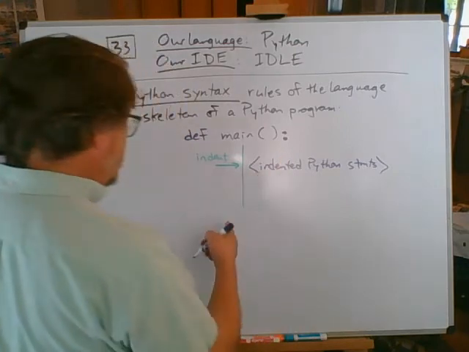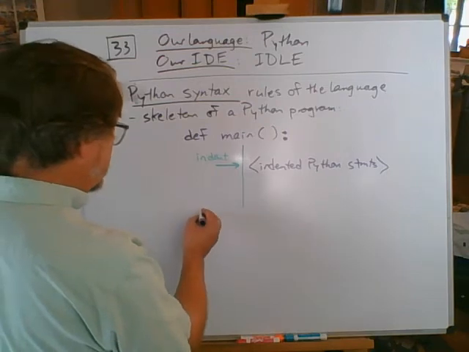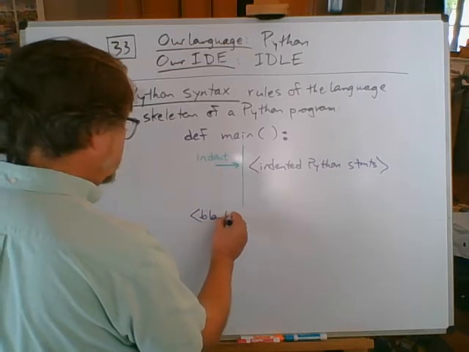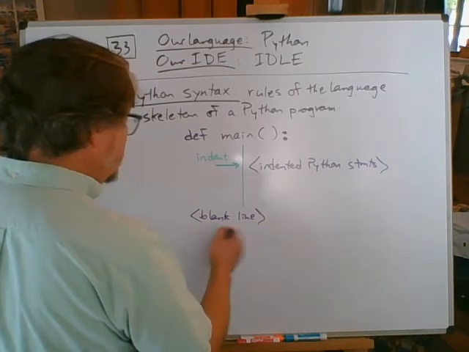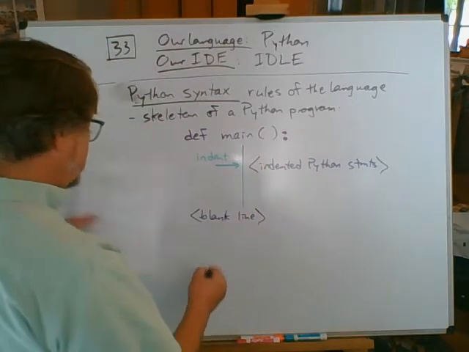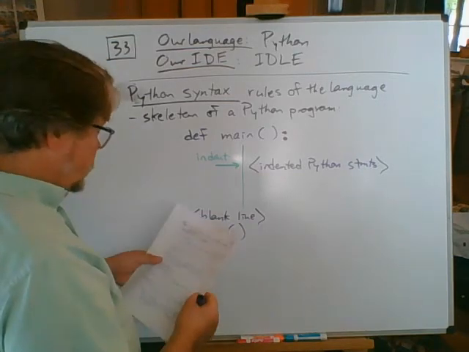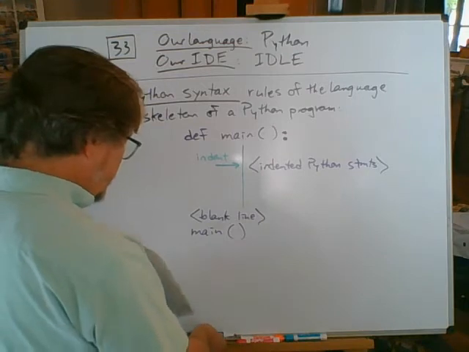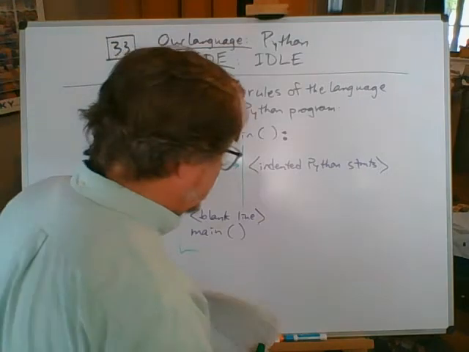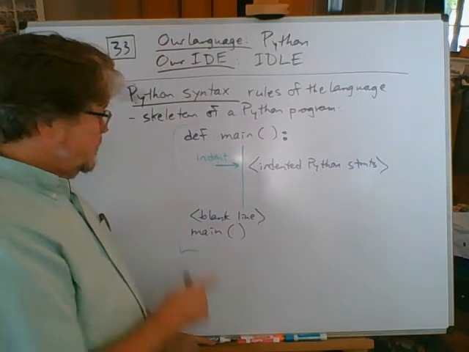Now then, here's another token. After you've got all your Python statements that you want in your program, then unindented back here, well, I guess you can't tell if it's unindented because it'll be a blank line. Do you type in the words blank and line inside pointy brackets? No! You leave a blank line after the indented statements, and then down at the bottom you put main with parentheses and no colon. All of this, ladies and gentlemen, is required for every single Go Python program we will write in this class. Actually, every Python program you write the rest of your life has to fit this pattern.